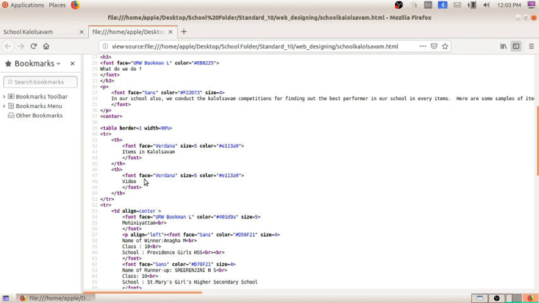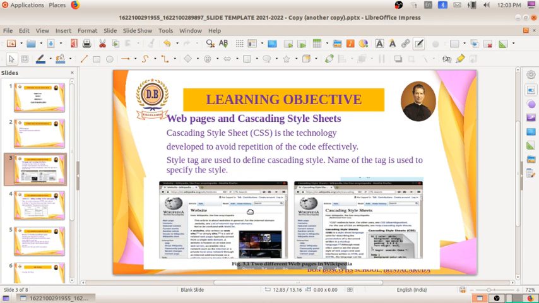Here you can see a well-known web page of Wikipedia. Here it is of different contents. One is about a website and another one is about the cascading style sheet. But when you see the page layout, it is the same. The styles applied are the same. If we have a lot of web pages of the same format, it is very difficult to write the attributes repeatedly. So to avoid the repetition, there is a technology known as the cascading style sheet.